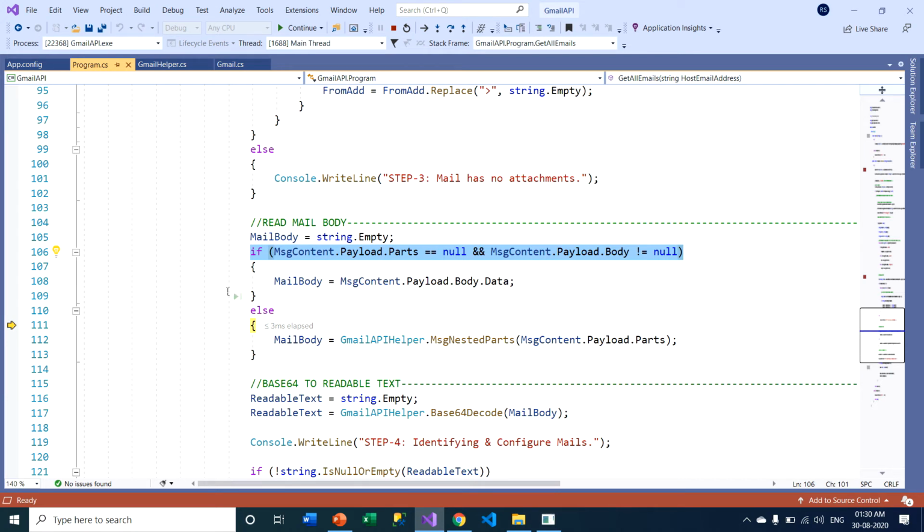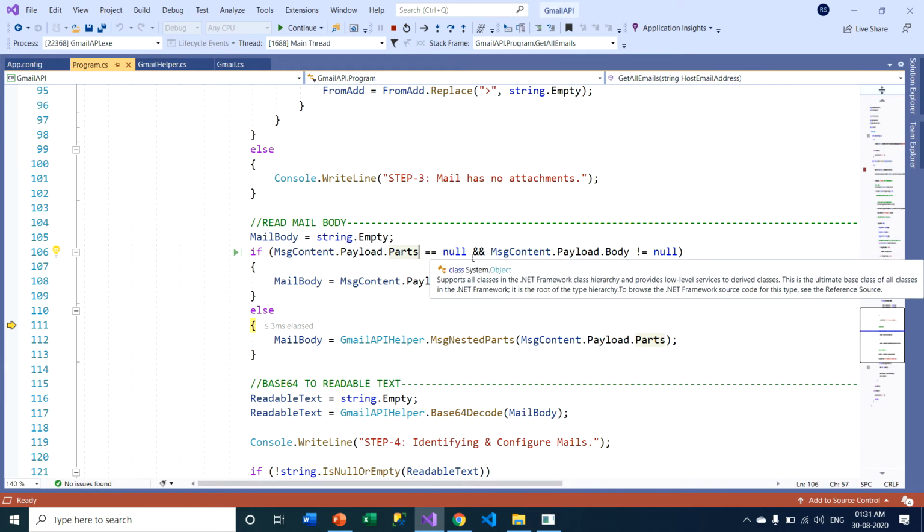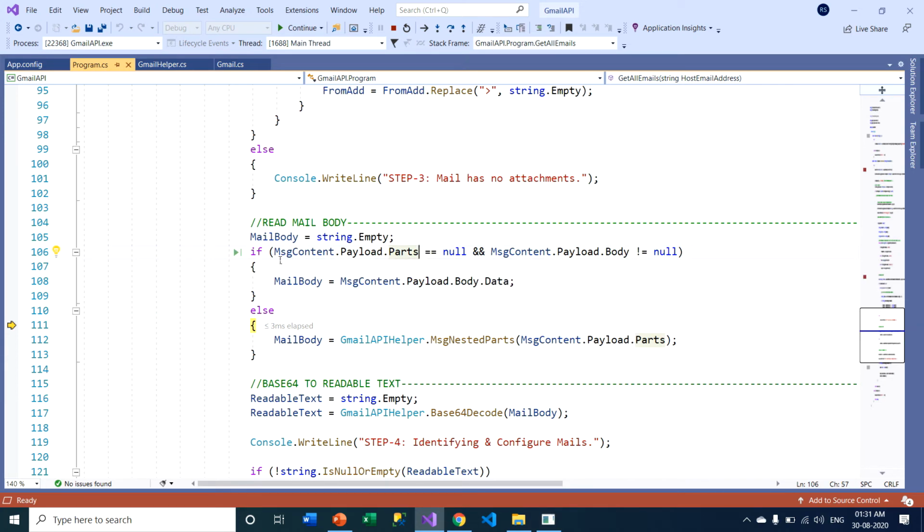If the condition is true, then go to this particular section. That means this mail has no parts. That means the body is not equal to null, but parts equals null.